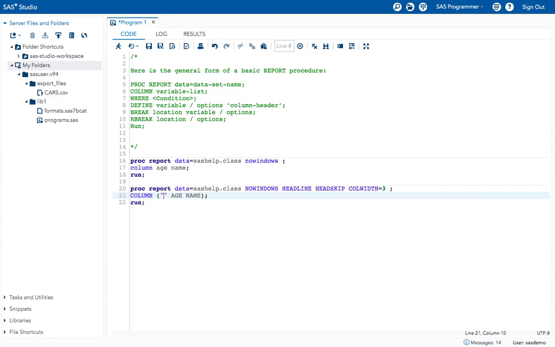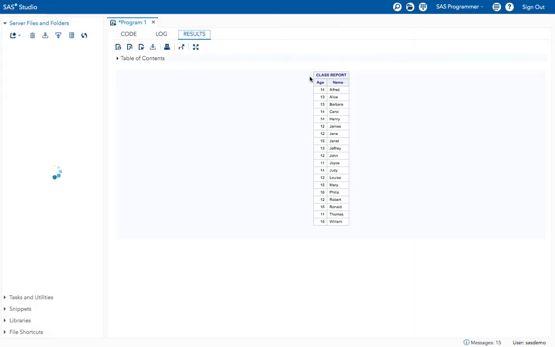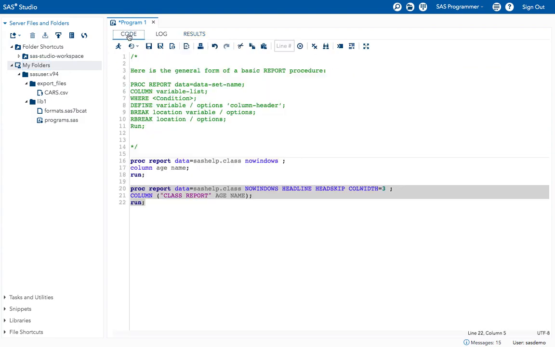Give the heading that you want to give. Okay, I will give class report. Now execute the program. See, now I got class report as the heading in the uppermost column. Okay, like this we can give the heading.